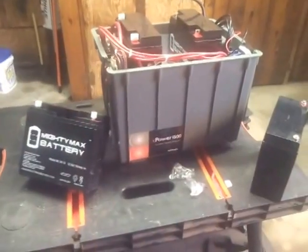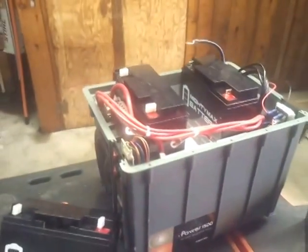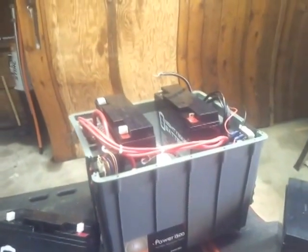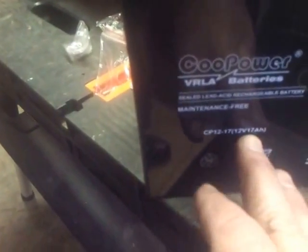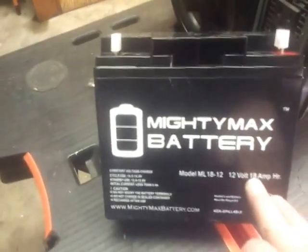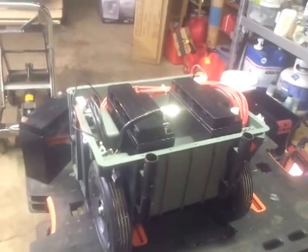This is my 1500 watt inverter roll around power supply, and I bought it around 2007, and the batteries lasted a good amount of time, but they were cheapies. This one here is just about dead. They're 16 amp or 17 amp hours. Replacing them with 18 amp hour batteries. Plus, I built that tray back in the condo, and I've got 4 more 18 amp hour batteries on there. I could fire up my Kirby vacuum cleaner and vacuum my entire condo, and then the thing would still be